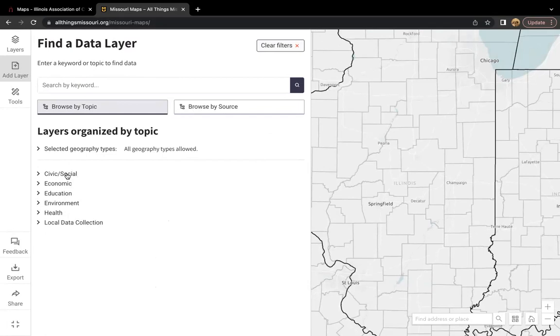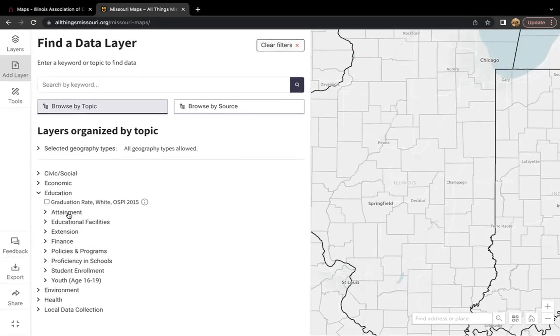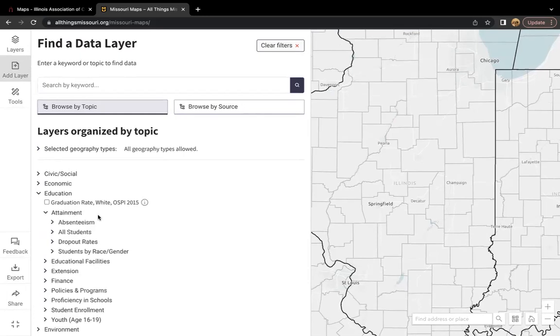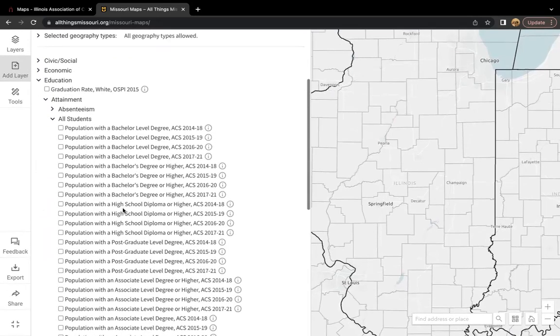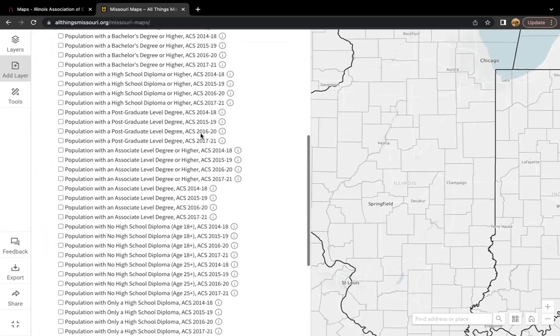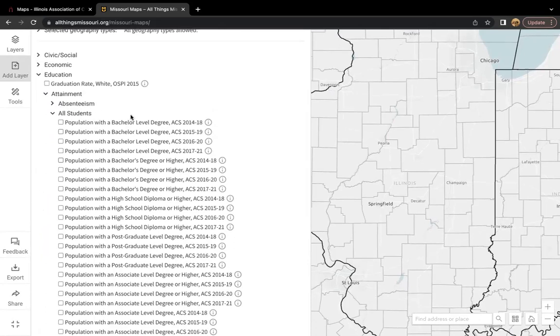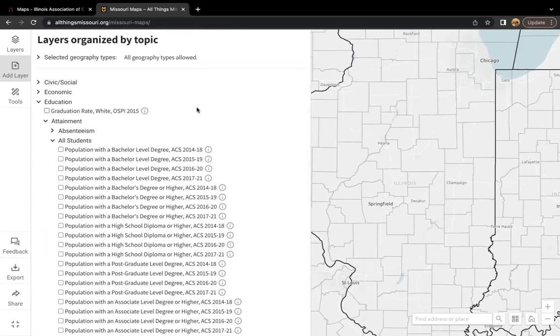For now, let's drill down on, let's say, education. Say we are interested in education attainment. We want to look at all students. Note that we have a lot of data here related to education attainment. One reason we have such a large amount of data in this map room is because we keep old data too.